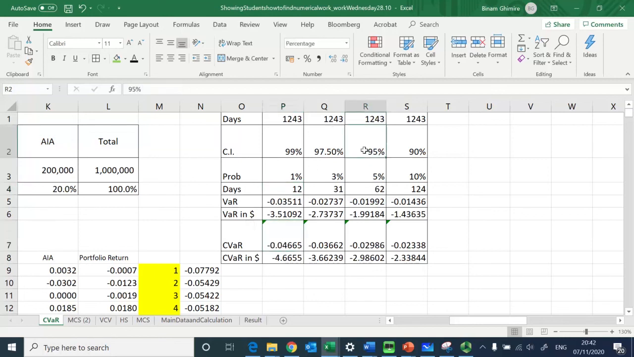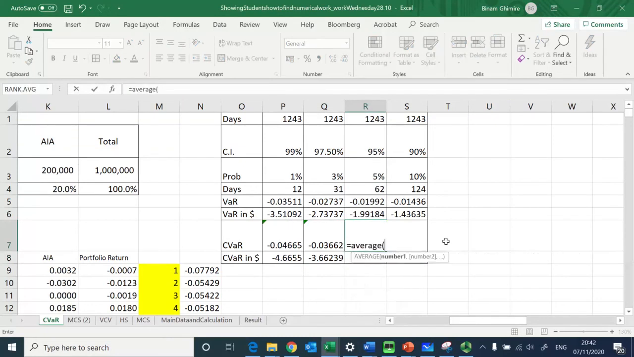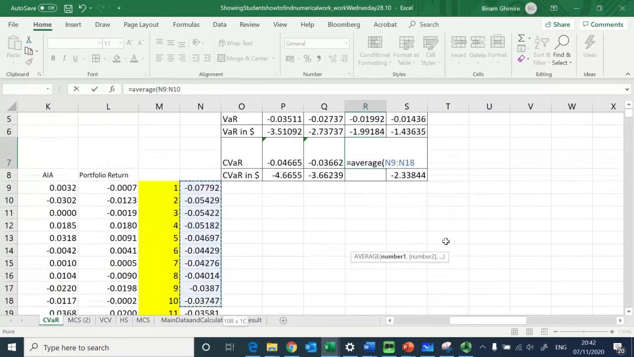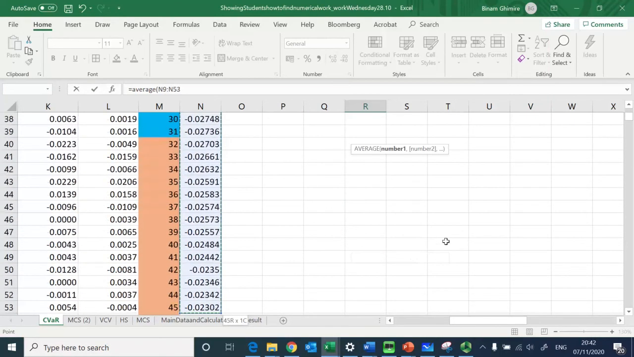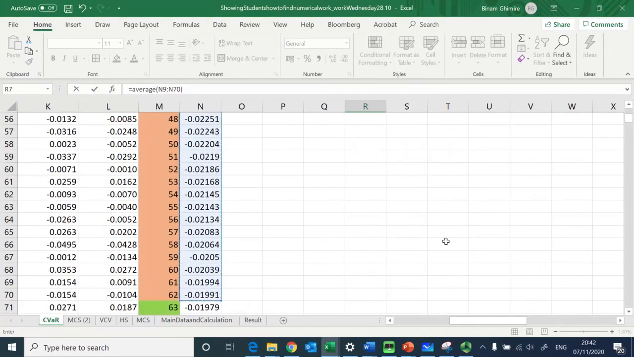In the case of, let's say, a 95% confidence interval, 5% is the uncertainty, therefore 5% times 1243 gives you the 62. So what you therefore do in order to find out the conditional VaR is you go here, you type in average, open bracket, you need to go all the way to the 62nd worst losses, and that's here, and you close bracket and you get